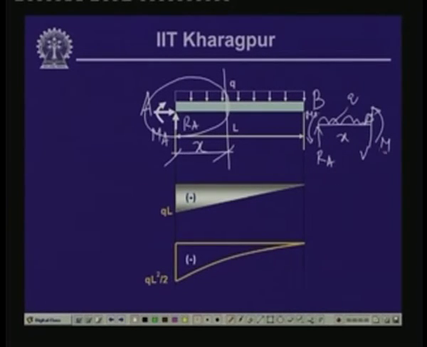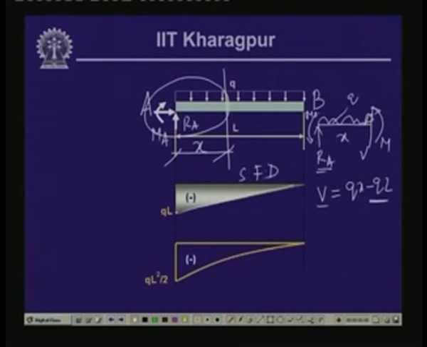Now, as we can see over here, the vertical force balance is V plus Ra minus Q x equals to 0. So, V is Q x minus Ra, and Ra, as we have seen, is Q L. So, V equals Q x minus Q L. Now, when x is equal to 0, V is equal to minus Q L, and when x becomes L, then V becomes 0. So, it linearly varies between minus Q L and 0,